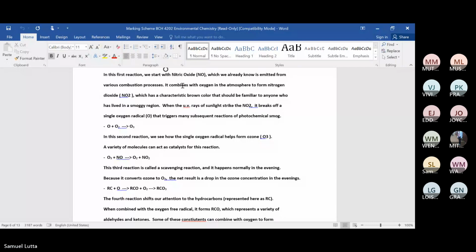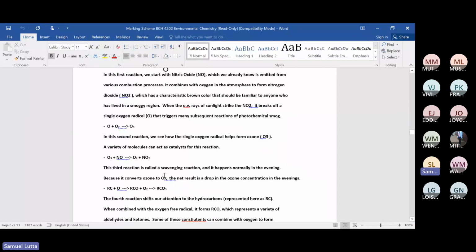And for this kind of reaction, ozone can react with nitrogen monoxide to form oxygen gas plus nitrogen dioxide. So this becomes our second equation. And then in the third reaction, which normally occurs in the evening when there is no light, in this reaction, the ozone